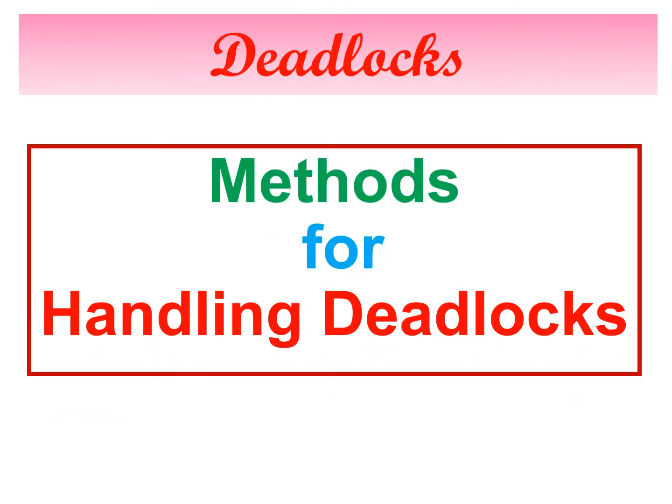Hello students, in our previous session we saw what is deadlock and what are the four necessary conditions of deadlock. So you know what deadlock is and what those four necessary conditions are. The four conditions of deadlock are mutual exclusion, hold and wait, no preemption and circular wait. To remove deadlock from our system, we need to avoid any one of the four conditions. So to do that, we have many different deadlock handling techniques. Let's see them one by one.